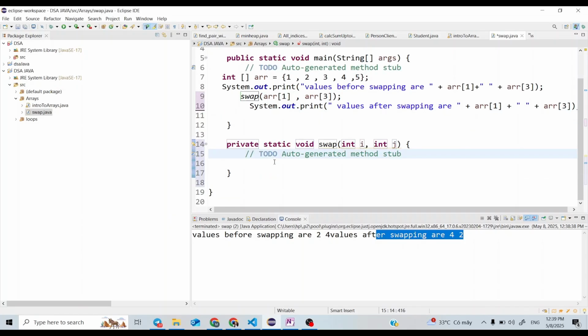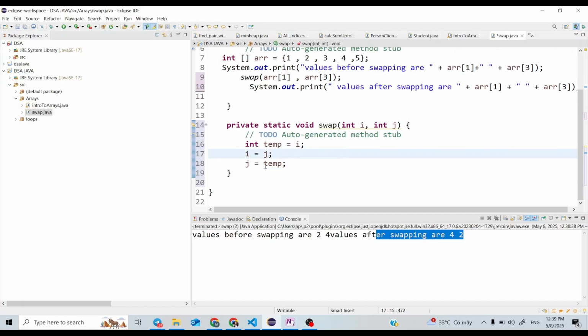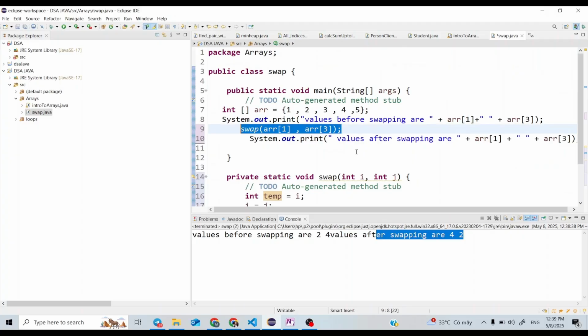In the function I will write the same logic, i equals j, j equals temp. So let us see if this function will be able to swap the values or not.